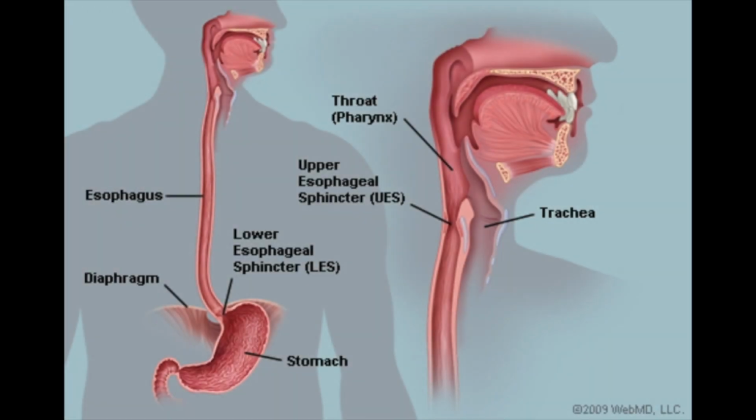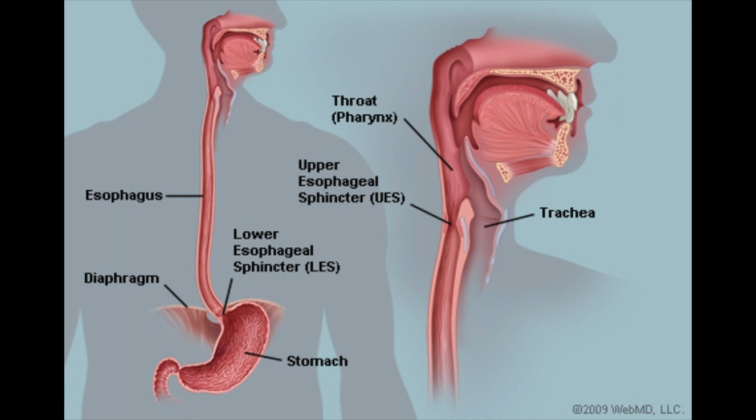The esophagus. The main function of the esophagus is to transport food from the mouth to the stomach. It is a very simple function but can at the same time have many disorders. At the top of the esophagus is a band of muscle called the upper esophageal sphincter. Another band of muscle, the lower esophageal sphincter, is at the bottom of the tube, which is slightly above the stomach. When a person swallows, these sphincters relax so food can pass into the stomach.